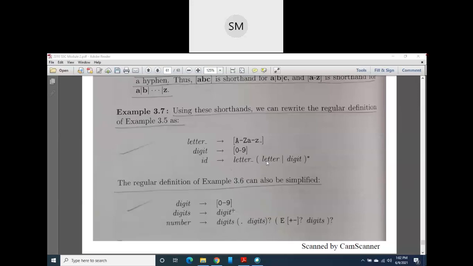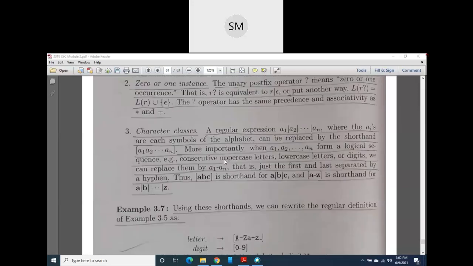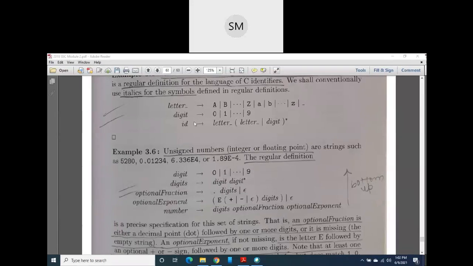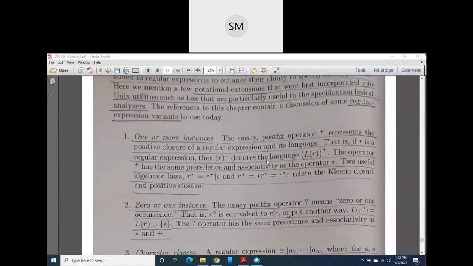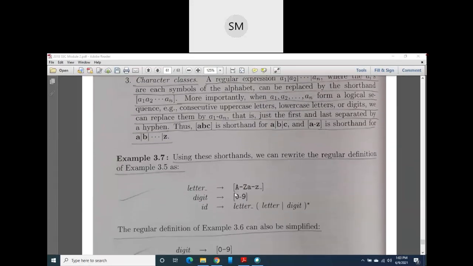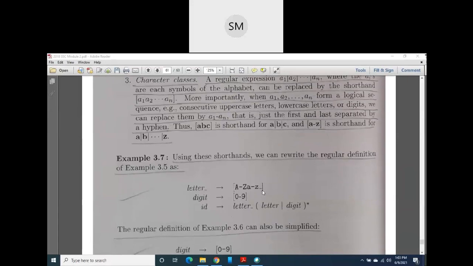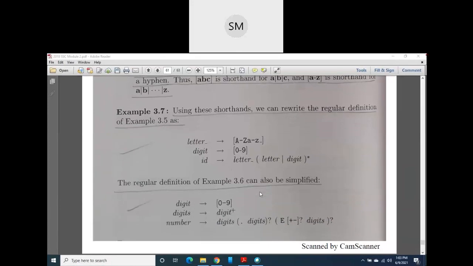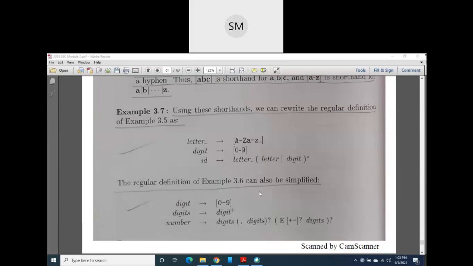And again, letter followed by letter or digit, 0 or more. That is a star. So this is the same; there is no difference here. The last rule I had written is the same here. The only change I have made is this range. It means you should understand the importance of these square brackets, which indicate a character class. It means a class of characters, a set of characters or a collection of characters in short form.